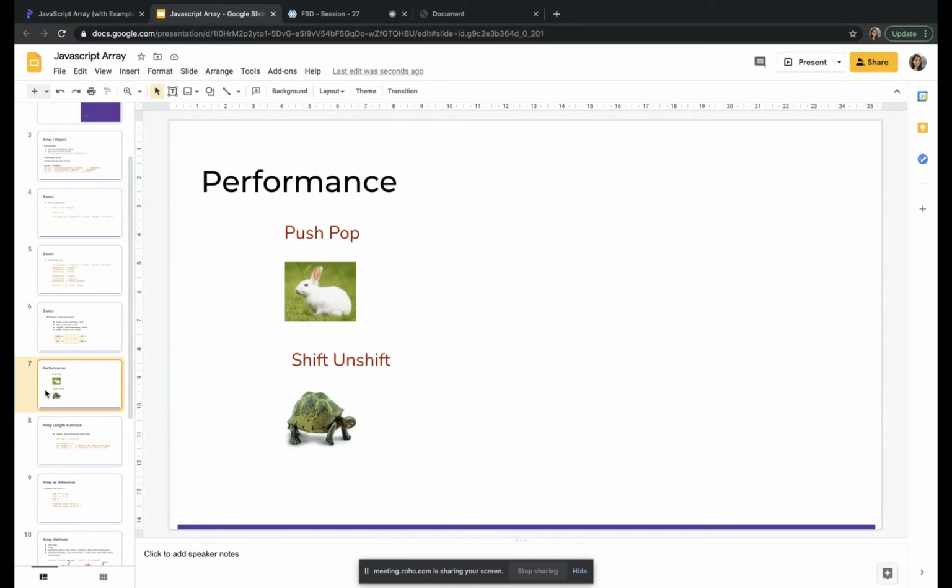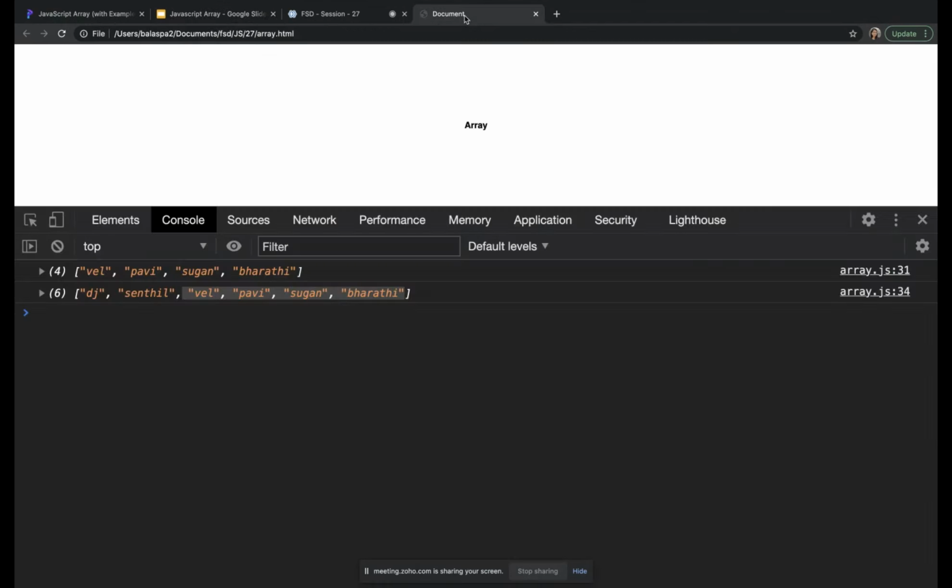Push and pop is kind of a rabbit. Shift and unshift is kind of a tortoise. Why? It is fast and it is slow. Can you guess why it is fast and why it is slow?